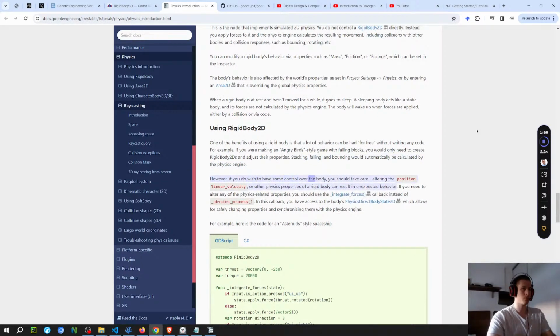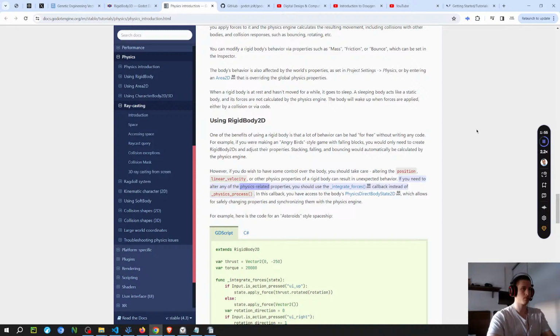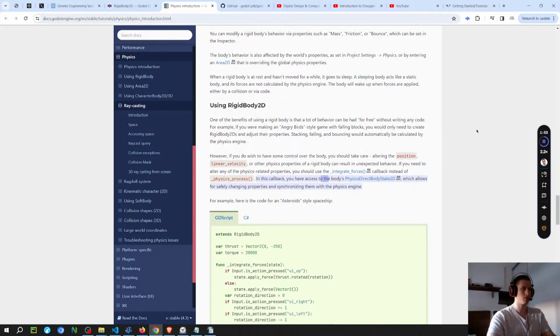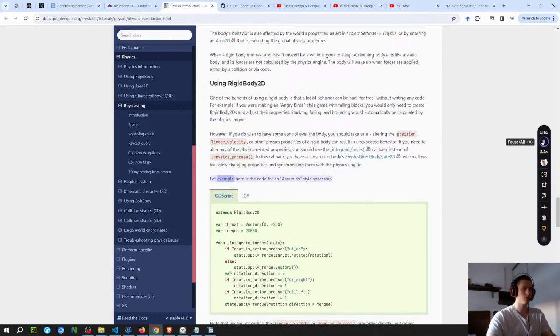However, if you do wish to have some control over the body, you should take care. Altering the position, linear velocity, or other physics properties of a rigid body can result in unexpected behavior. If you need to alter any of the physics-related properties, you should use the integrate forces callback instead. In this callback, you have access to the body's PhysicsDirectBodyState2D, which allows for safely changing properties and synchronizing them with the physics engine. For example, here